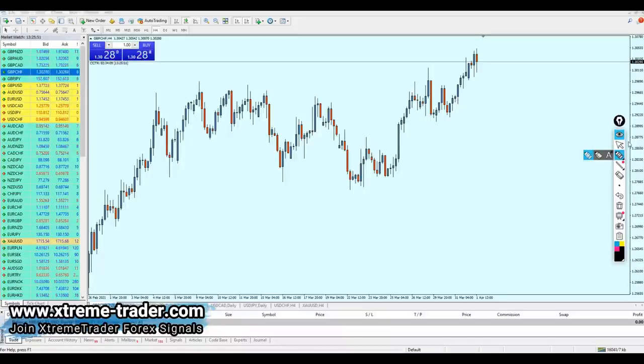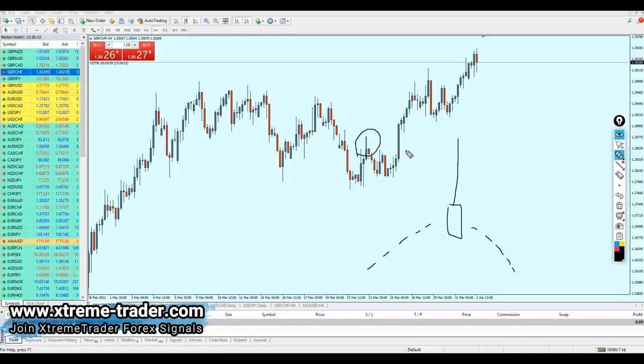Now let me tell you something. I know what I said now doesn't make any sense. I have to be very precise and specific and clear about this part, because it's really very important. Now, let me explain something here. When you see a resistance consisting of a long wick on the peak, on the top of the candles, the longer the wick, the stronger the level. Meaning, if you see a level consisting of just one candle like that with a long wick at its top, and then the market has reversed, this is actually a very, very good level for starting to buy later.